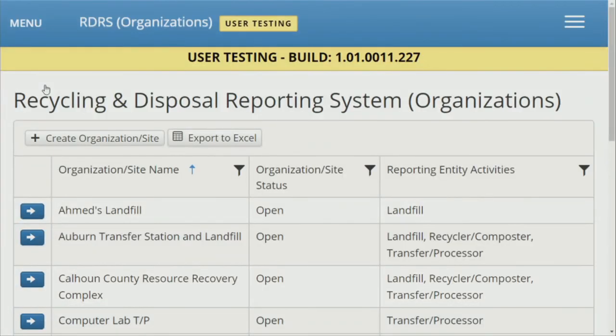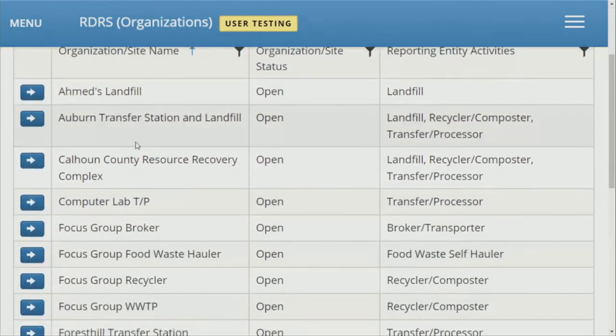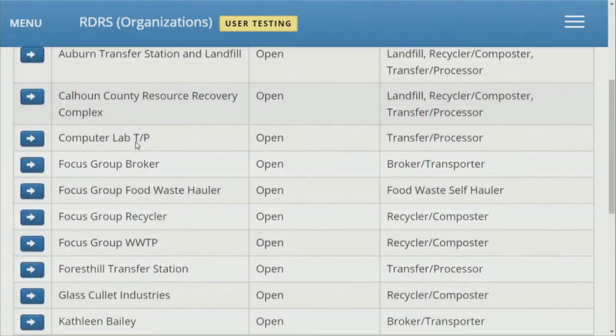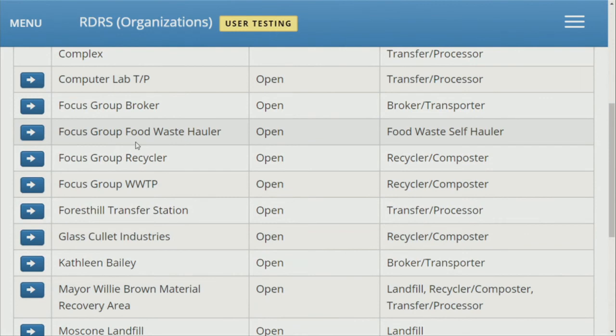We're going to continue along with our process here, and we're getting into the wrap-up phase. We have two more reporting entity activity types to discuss. Fortunately, they're both fairly straightforward and won't take up very much time at all. So let's go ahead and do a